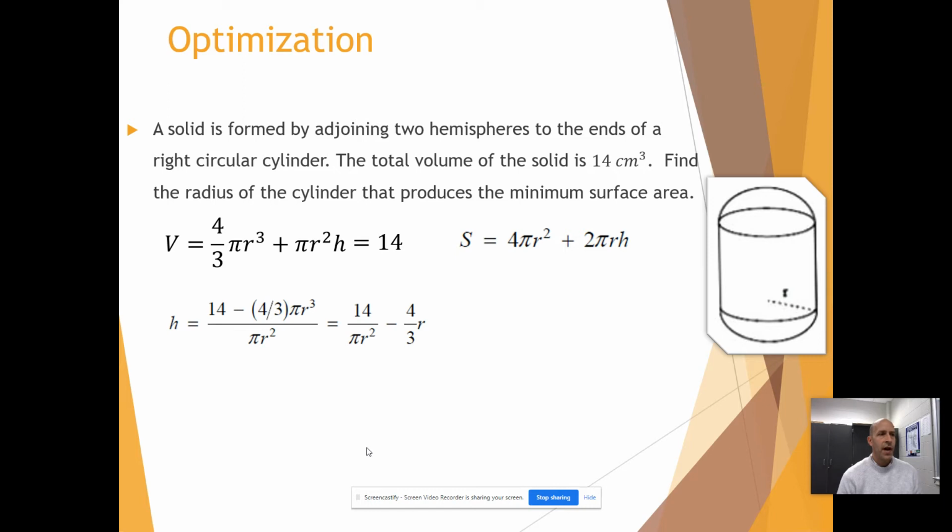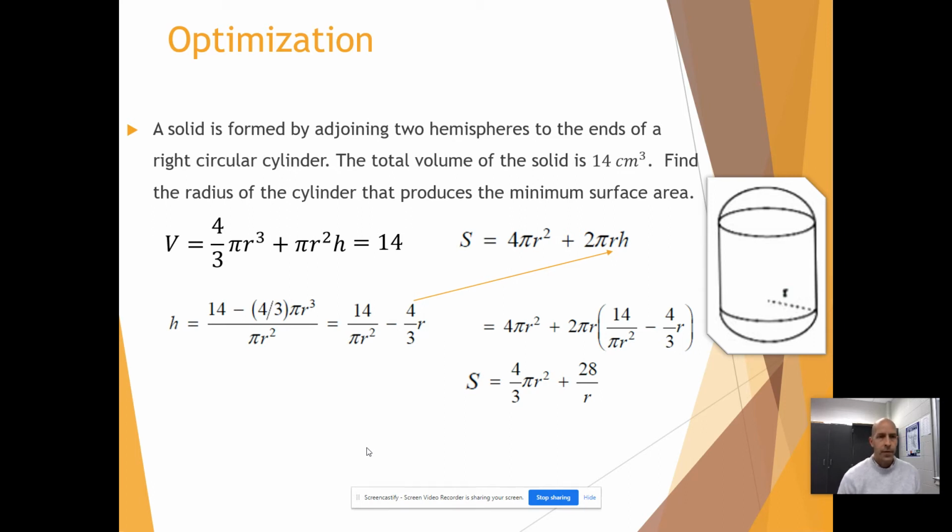and we can solve that for h. So h would be equal to 14 divided by pi r squared minus 4/3 r. Now we can substitute that expression in for h in our primary equation for surface area, which will give us the following. With a little bit of simplification, S turns out to equal 4/3 pi r squared plus 28 over